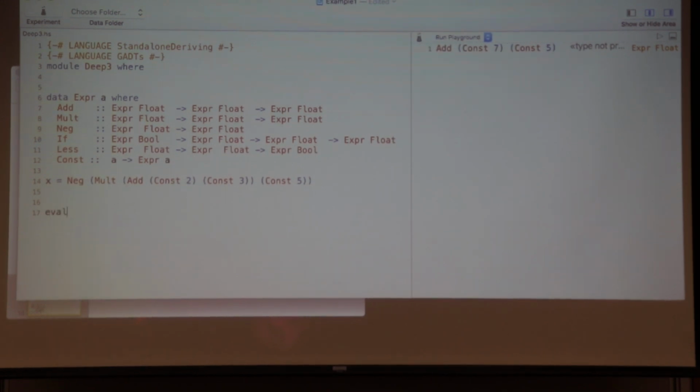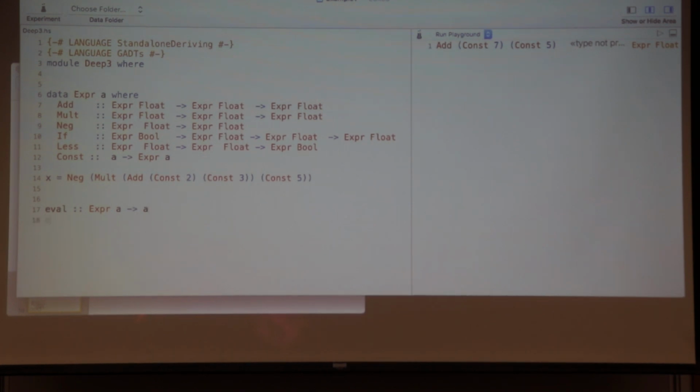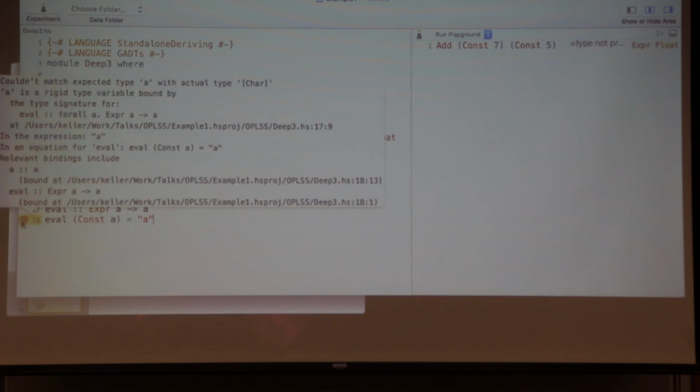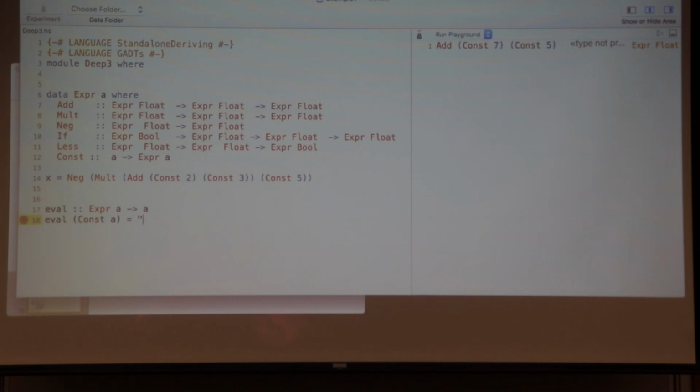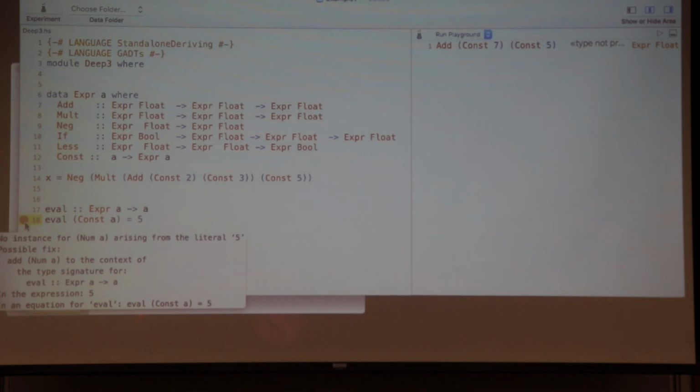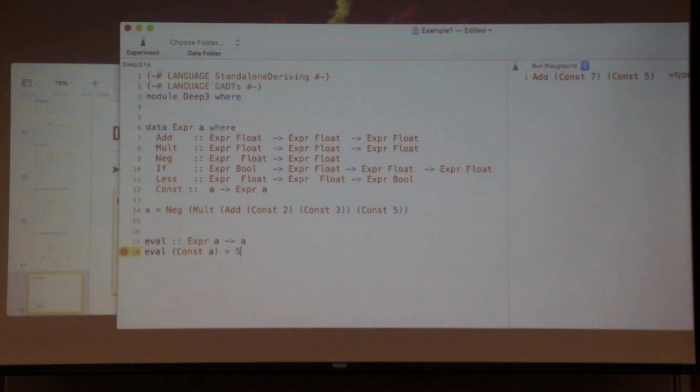Similarly, if I write an eval function and write expression a, const a is a, or anything else which wouldn't be type correct, then the type checker already finds that something is wrong here. Or if I would return a floating point value, then I already get some kind of correctness proof